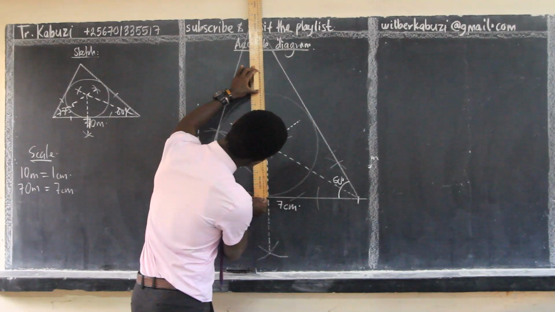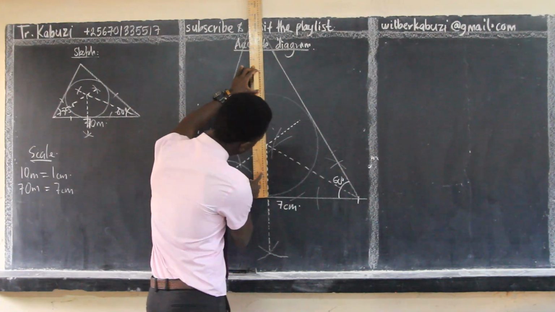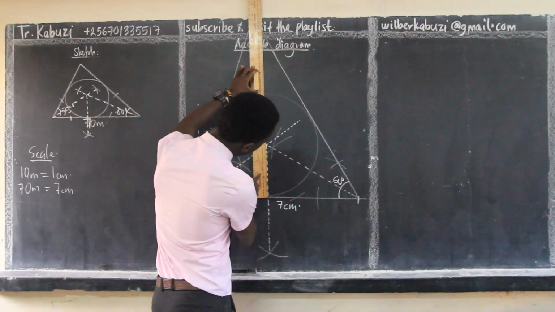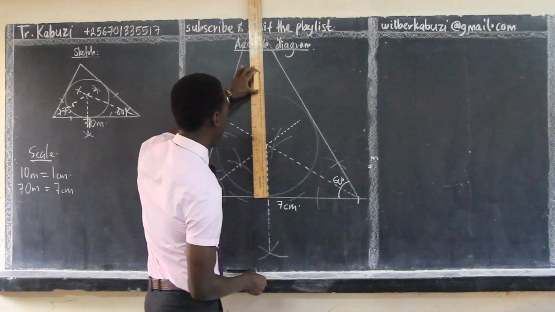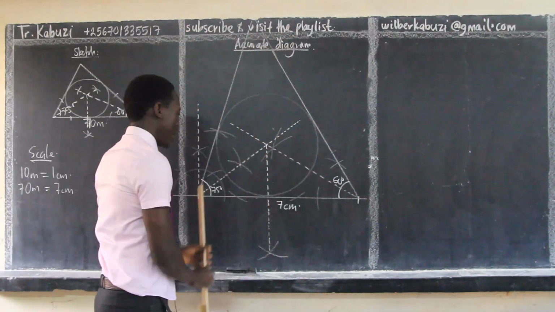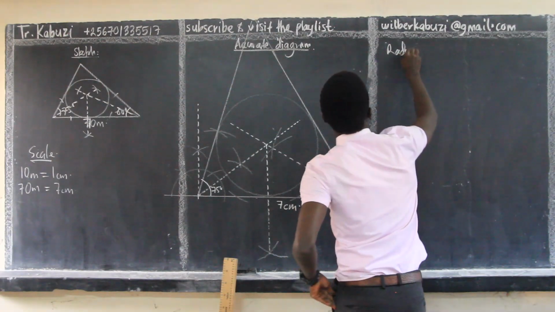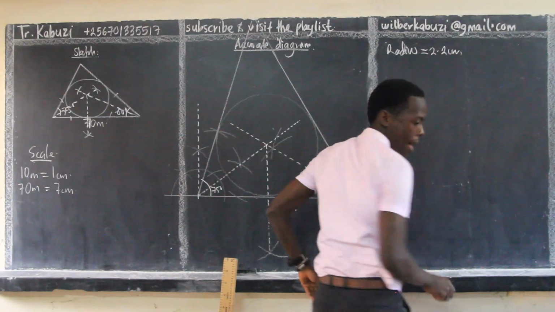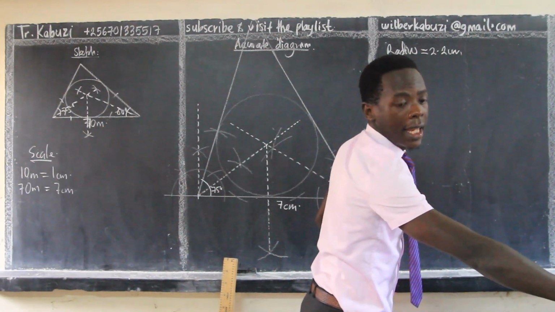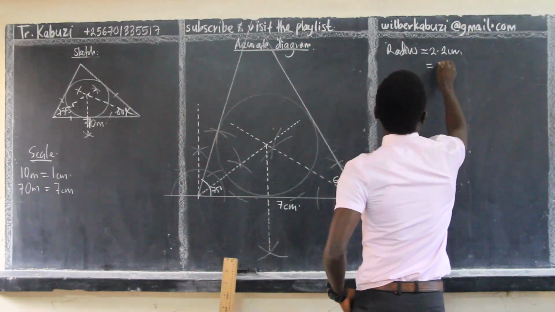This is 1, 2, 2.2. Mine is 2.2. So my radius is 2.2 centimeters. But remember, our distance was given in meters. So you convert to meters, which will be 2.2